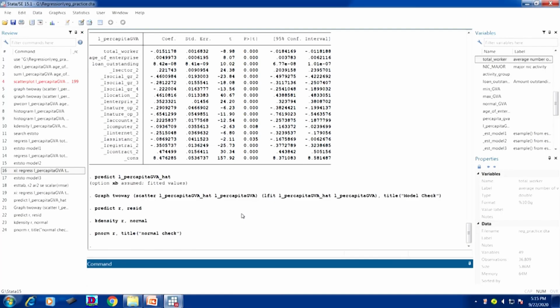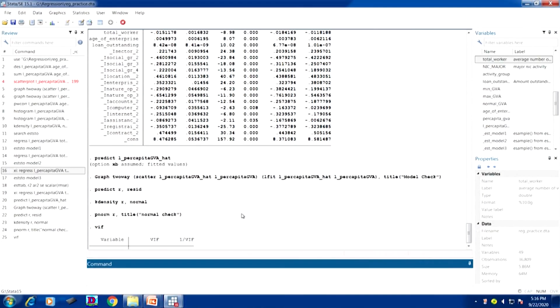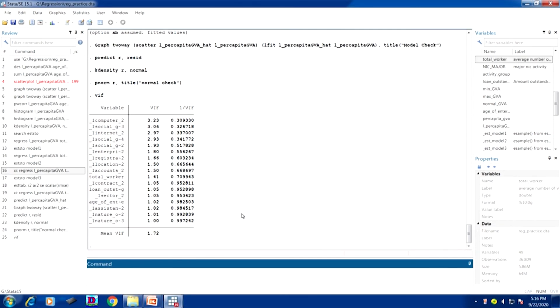Let me stick to the last important guidance for you: after having the regression result, we need to understand whether there exists multicollinearity or not, whether there exists a relationship between the independent variables or not, whether there exists perfect linearity between the independent variables. For that we need to check the VIF function. So, if VIF is less than 10, then it is perfectly fine.